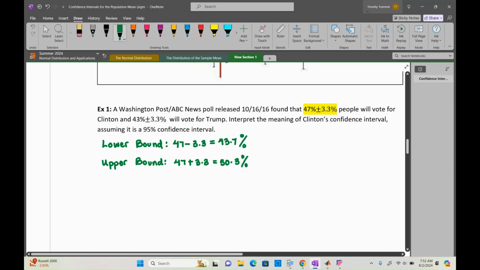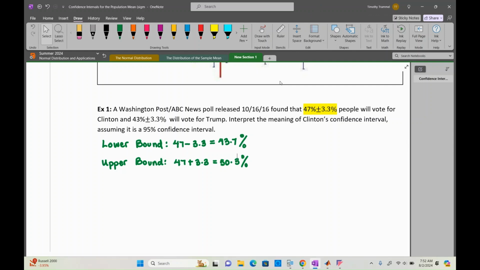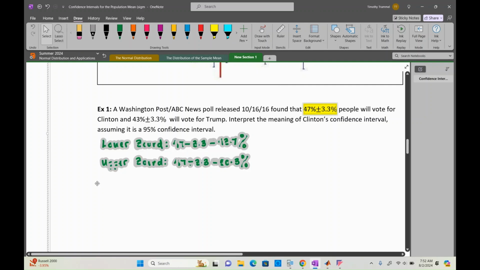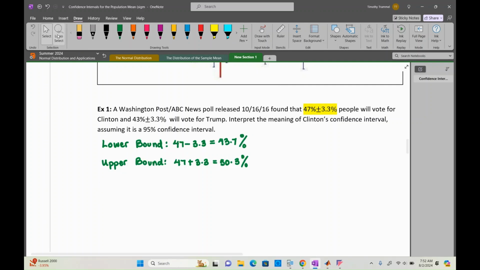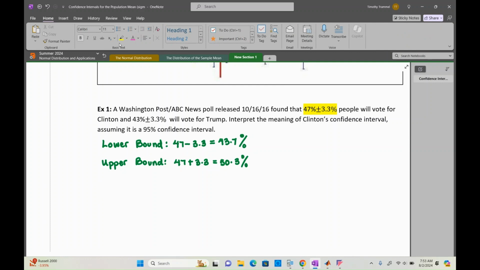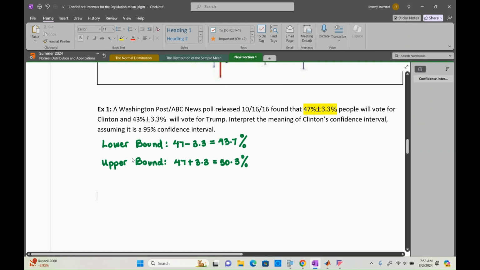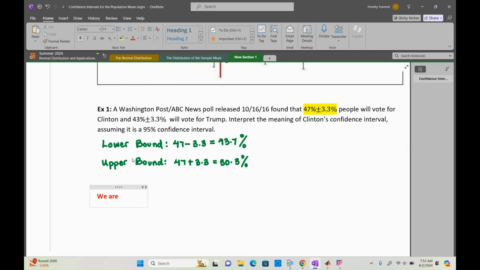And so we could interpret this really in two ways. One way that you might hear this interpreted is the shorthand for the second way that maybe we'll write here in a second. But let's see here. So for Clinton, here is what I'm going to say: we are 95% confident that